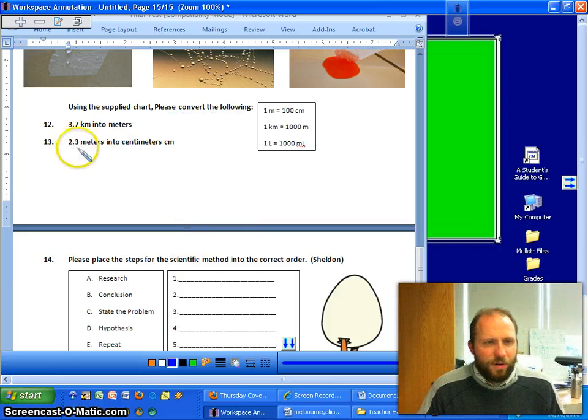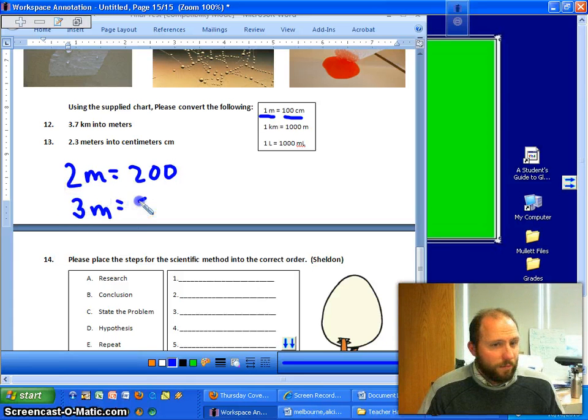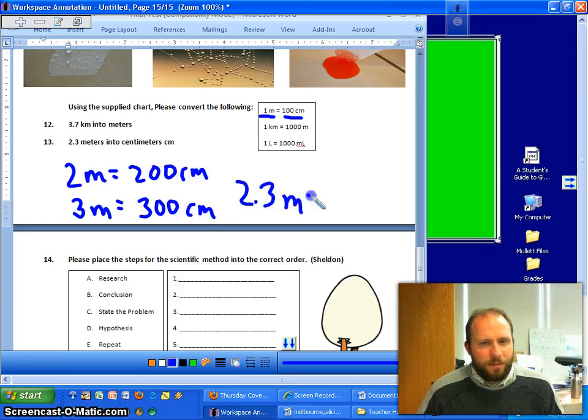We look over here, 2.3 meters into centimeters. Well, I know every meter is equal to 100 centimeters. So if I've got 2 meters, that's equal to 200. And if I have 3 meters, that's going to be equal to 300. And by the way, these are centimeters. So 2.3 meters. Well,